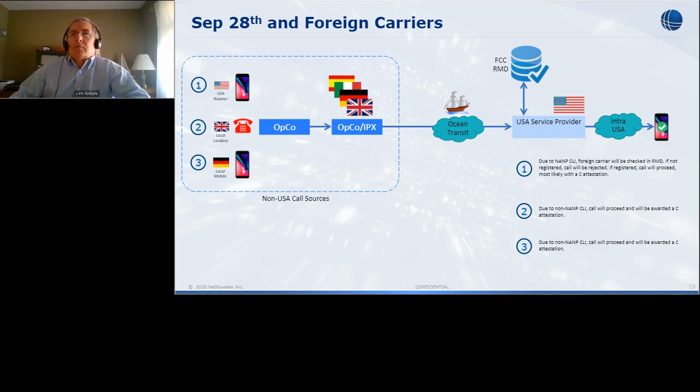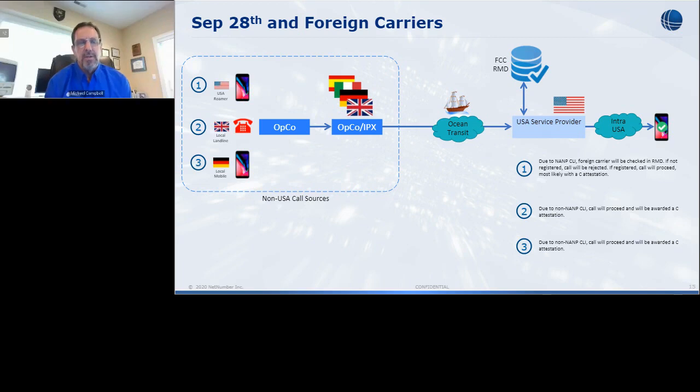The architecture is really basically the same. The legal requirement on the U.S. carrier is the same, irrespective of the mechanism of access from the foreign country. So in the end, they are required to be able to assert to the FCC, if the FCC should come calling, that they only gave an A attestation to numbers that met the criteria we talked about early on. Namely, that I know the customer and I know definitively that they have a right to use that number. And really, no matter what the access mechanism in the foreign country, they simply won't be able to do that without some additional infrastructure in place.